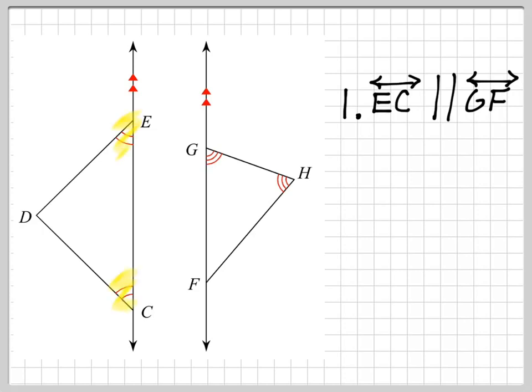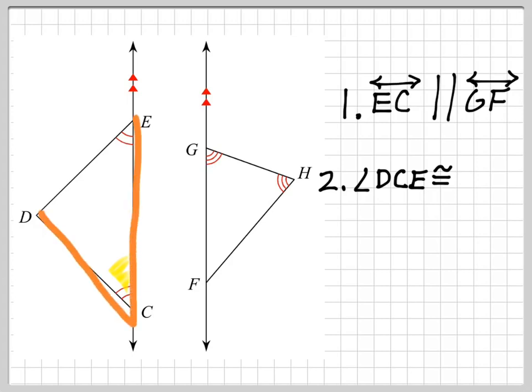Okay, next one. I want to talk about these arcs here, which indicate these angles are congruent or the same measure. Okay, the first one, I'm going to say angle DCE, and you have to remember when we're naming angles, most of the time we have to use 3 points. So in this specific one, I'm just retracing the angle. I start at D, I go to C, I follow down E. Is congruent with